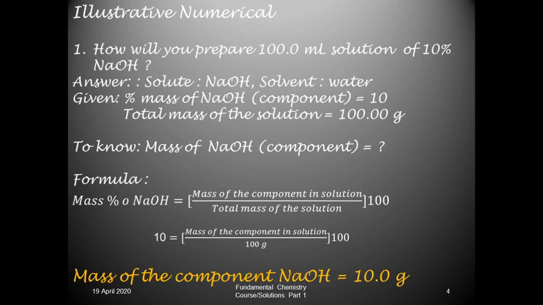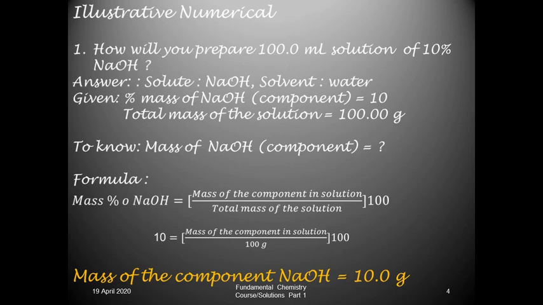The very first and simple question asks you to prepare 100 ml of 10% NaOH solution. Remember, here we are not going to give any thought to molecular masses, atomic masses and like things. We will just simply weigh the component. By calculation we can find out how much of that component we should weigh. We will weigh that component, take the calculated amount of water, and then we can make the solution.